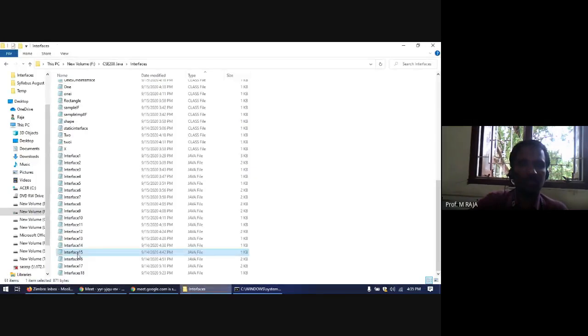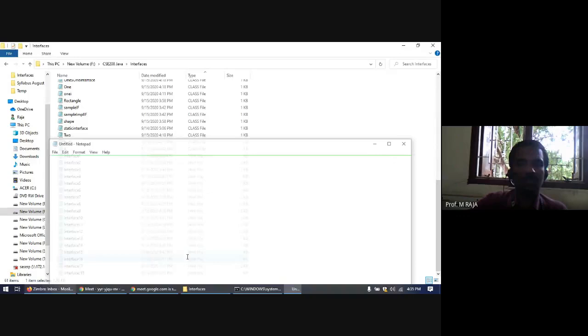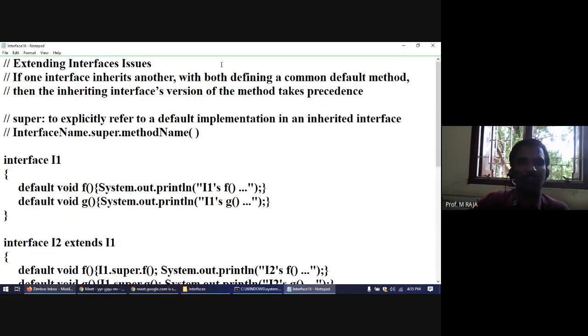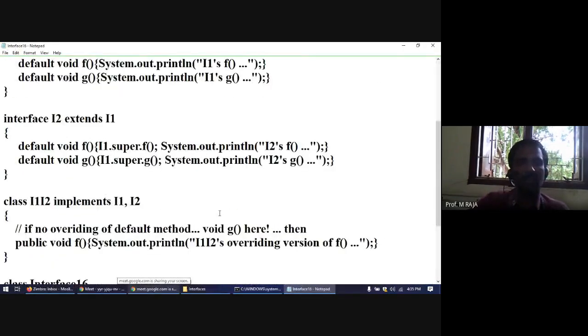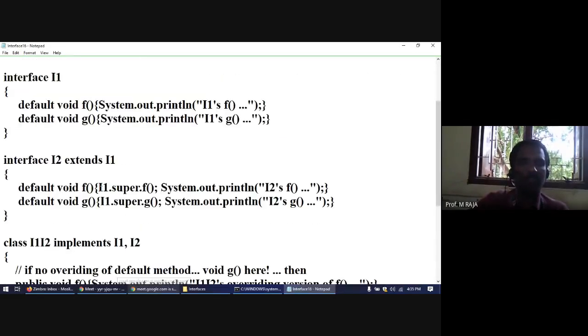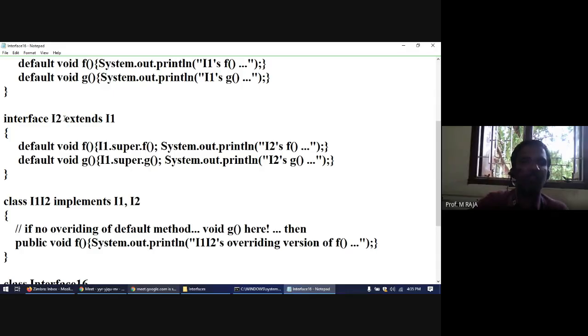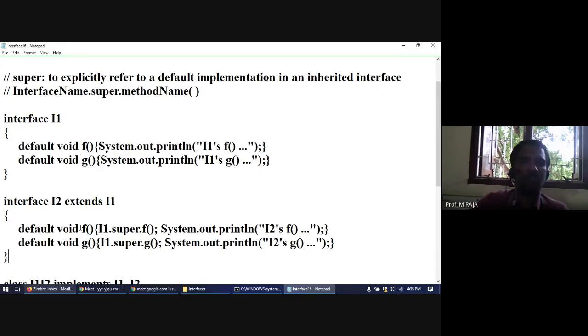Then interface 16, extending interface is used. In the same code, you can see in interface I2, a default void F is defined. When interface I2 is implemented in I1 I2, calling F or G calls the version available in I2. If you would like to call the version available in the super interface, the interface which has been extended from, I2 has been extended from I1, to call the actual I1 interface F method,